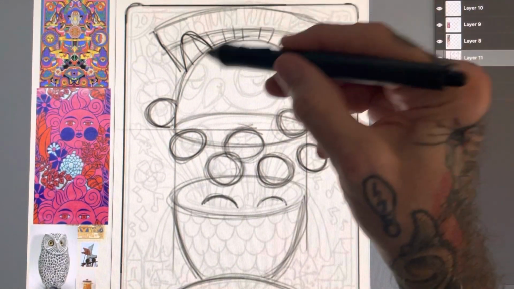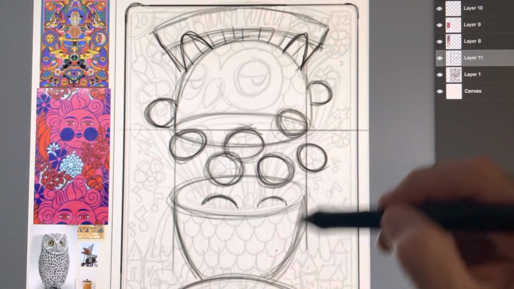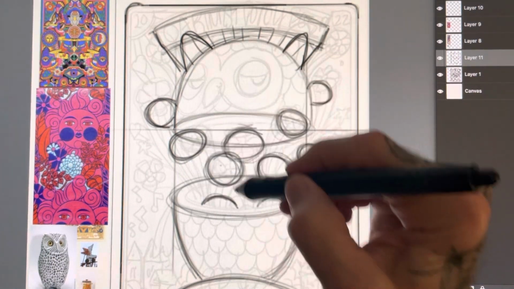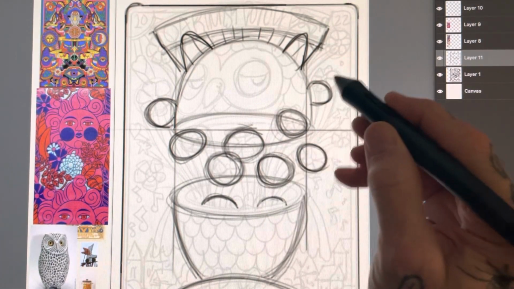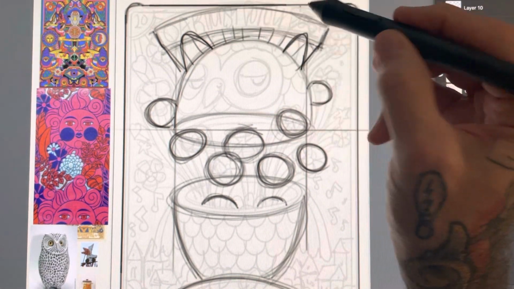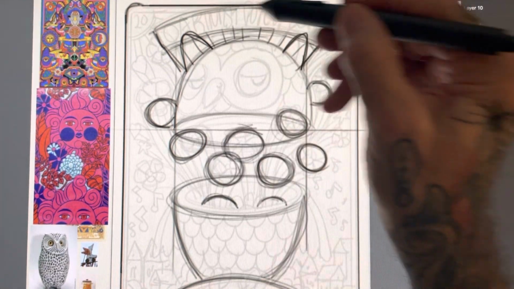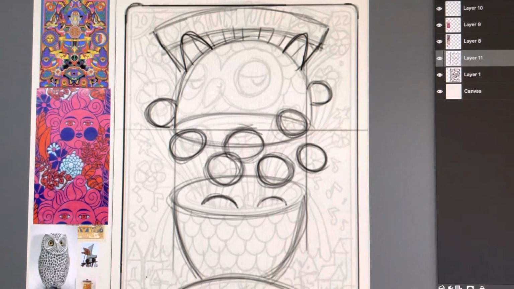Okay, so this is the hierarchy: the owl, the shapes here. There's some support for the narrative. The main narrative of this illustration will exist in this space, and everything else will support it. On the pencil sketch that I sent them, I do like the clouds down here. I think it gives it a nice anchor to the base. And as you can see,